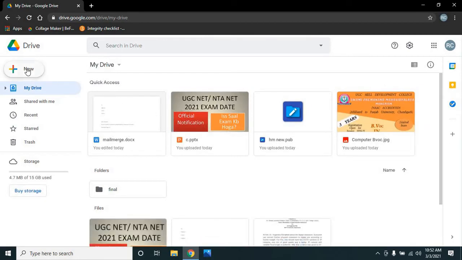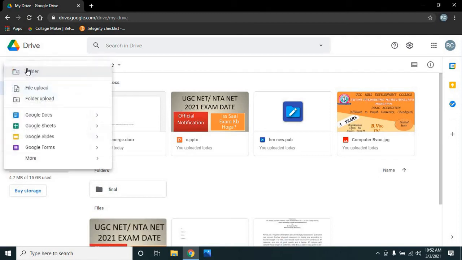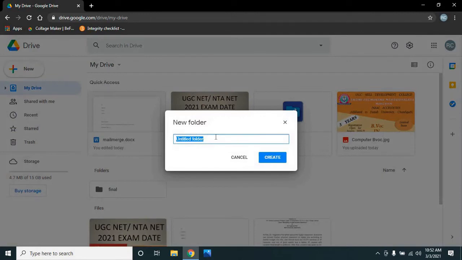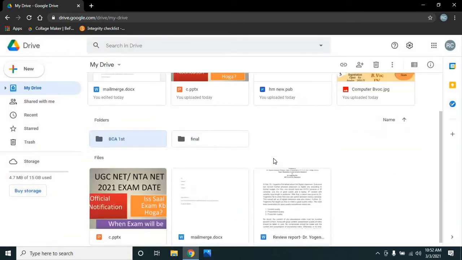Now if you want to create a folder, you can click New and click here Folder, and you can give any name to the folder. For example, I am going to give this folder the name BCA first, and see, the folder has been created, BCA first.